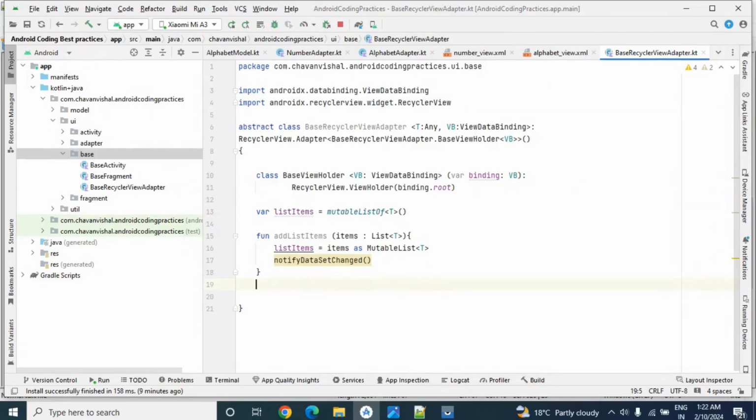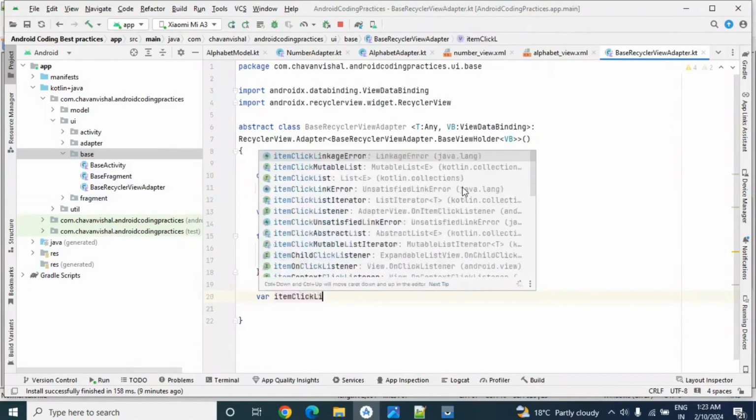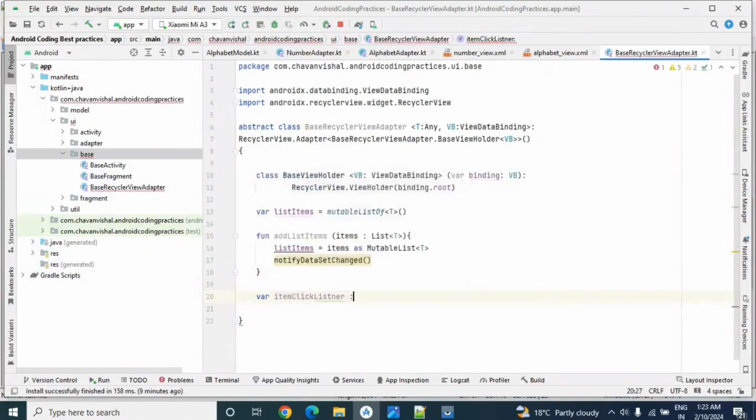Now we need to create something here to handle recycler view item click. Normally in the usual approach we mostly use an interface listener for this purpose, but here we will use a lambda expression. So let's create one lambda expression, item click listener, and declare its type. Mostly when we click on our recycler view item, we usually need the view, position and model class. So first we will declare view of type view.